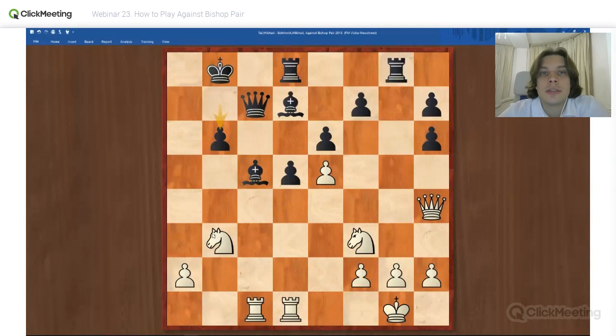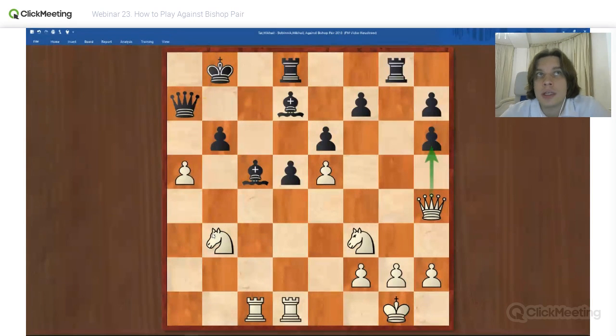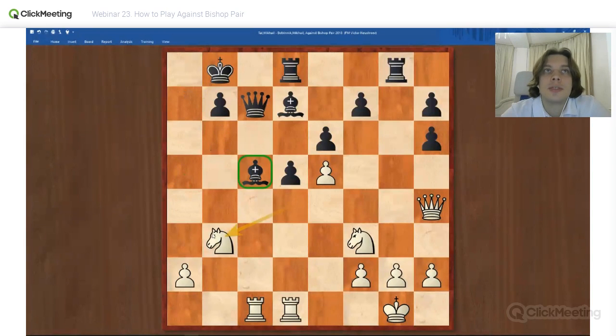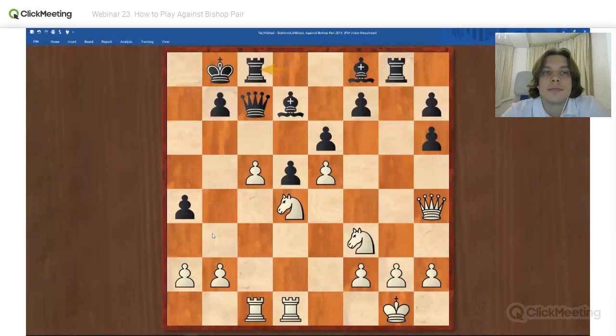So b6, but a4 with a5 idea. If queen a7, then a5 anyway. And we can gain the pawn back. We can take on h6 actually. But the main idea is to expose the king by playing a5. So bishop c5 is too risky. Rook c8 then. b4 anyway. En passant. A takes b3. Now bishop c5 won't work at all because b4 immediately.